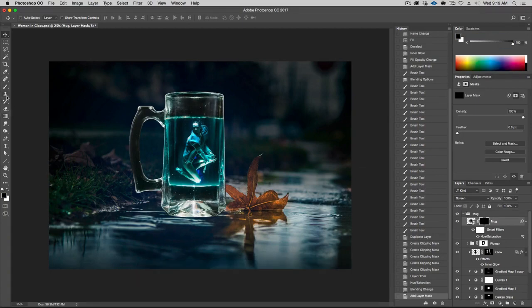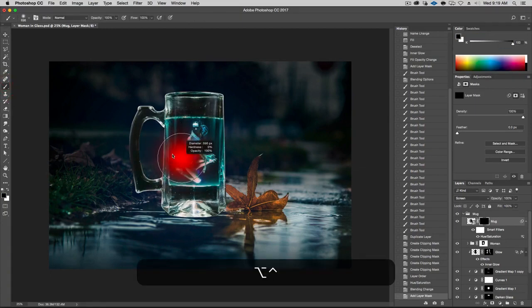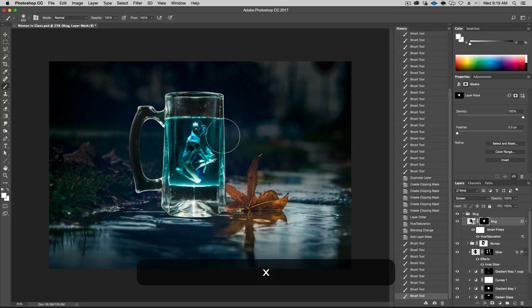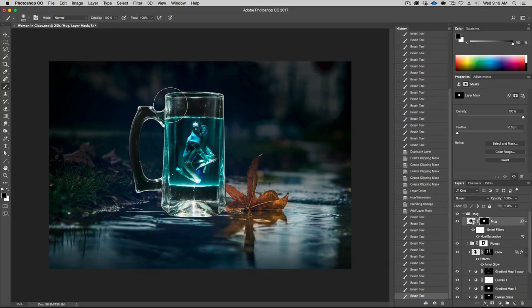And I'll take a brush. I just want it really right in here, right where we added the woman. So go ahead and just add some over here. There we go. You see that? A little bit of lighting from the original mug there. I don't want it too much at the top here because it's lightening this area. So that's fine. Something like this. Okay, good. There we go.